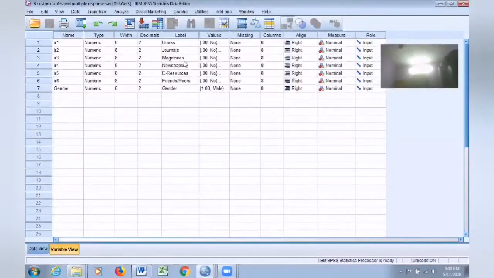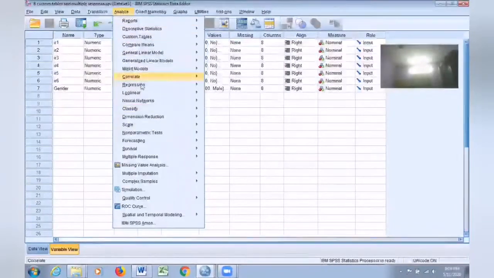One respondent may say yes to 4 resources. One respondent may use 5 resources. One respondent may use all the 6 resources. One respondent may use only one resource. So there is a possibility of getting multiple responses for this particular question. So if your question permits you to collect multiple responses, how do you prepare a frequency table for these kinds of multiple response questions? Fine. That is what I'm going to show now. Let me go to Analyze. In Analyze, there is something called Multiple Response. Go to Analyze, Multiple Response, select Define Variable Sets.